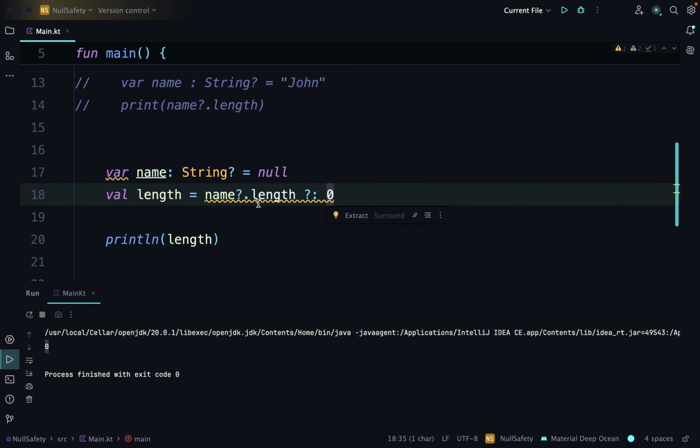So this one prevents the program from crashing because you've given me a default value or a backup plan: whenever this value is null, it should use this one in place of that. Awesome. Now that you have a backup plan with the Elvis operator, let's move on to something more powerful, the